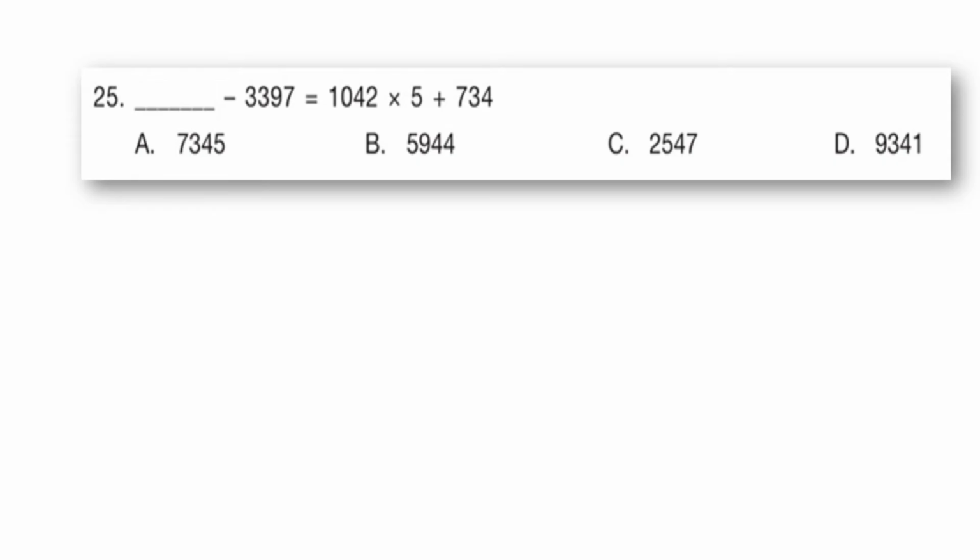Let's look at this together. Now let's call this unknown number as x. Now what we need to find out is x minus 3397 is equal to 1042 times 5 plus 734. Now before we approach this, you should remember this rule of BODMAS, which gives us the order in